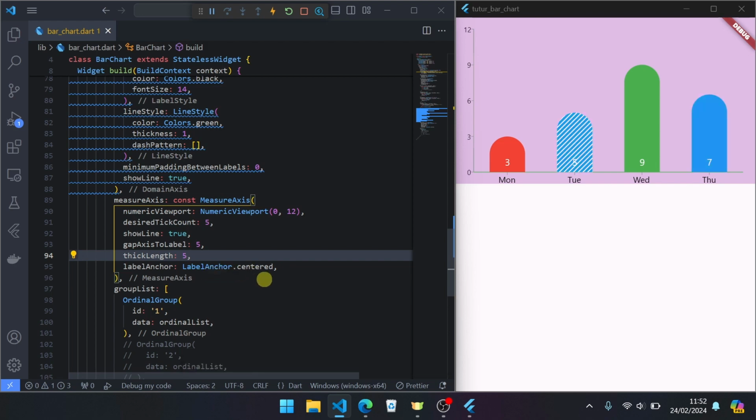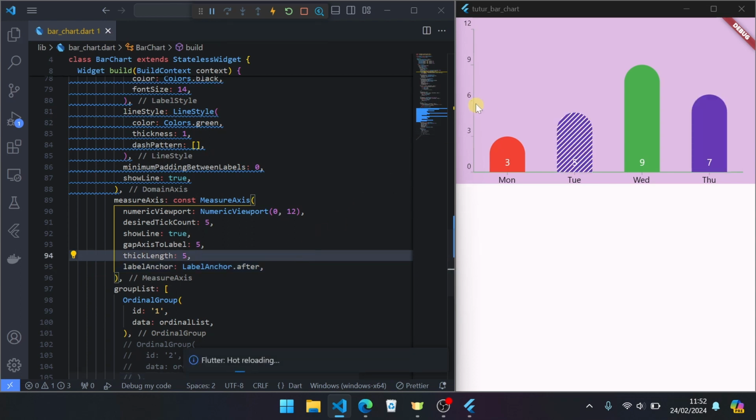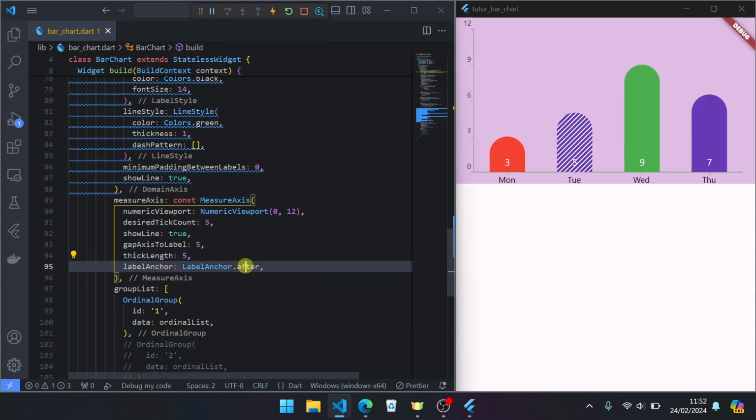Okay, next, if we set to before, the label will be at the bottom of the tick length. If you set to after, the label will be at the top side of the tick length, like this. If you set center or default, like this.